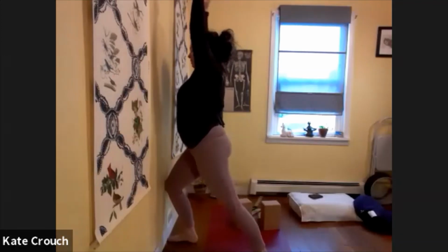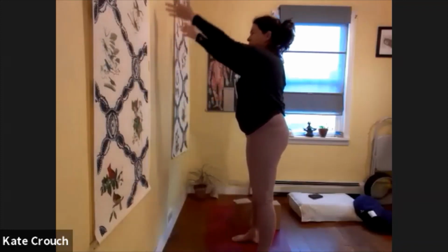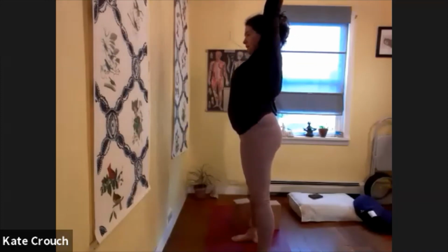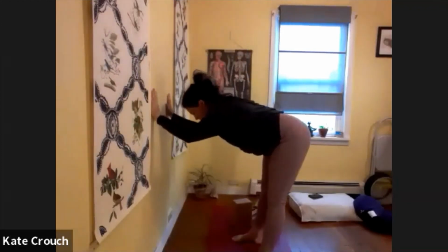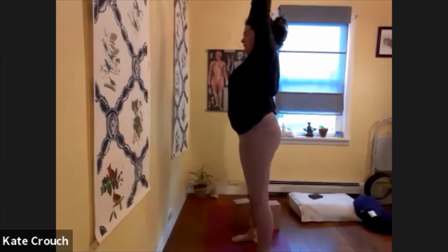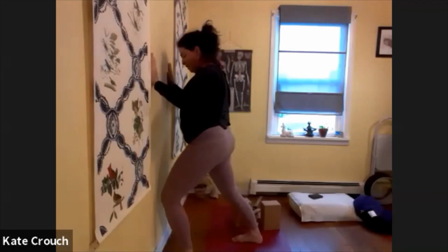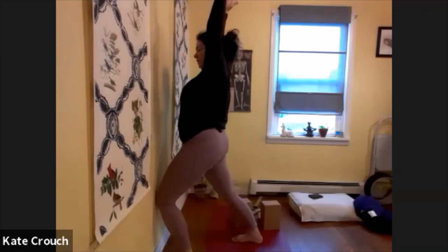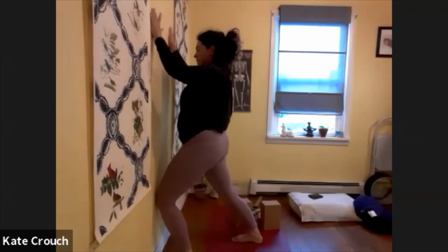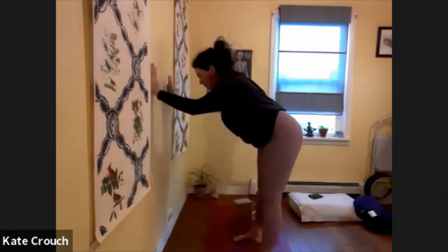Unwinding the way we came in, hands against the wall, press yourself back, reach the arms above the head. This time, we'll come forward to our flat back, and then reach the arms back up. Step the left foot forward as the hands touch the wall. Knee to the wall, inhale, maybe reach the arms up. This time, slide the hands back. We'll step the feet back together, hinge at the waist, and start to reach the hips all the way back